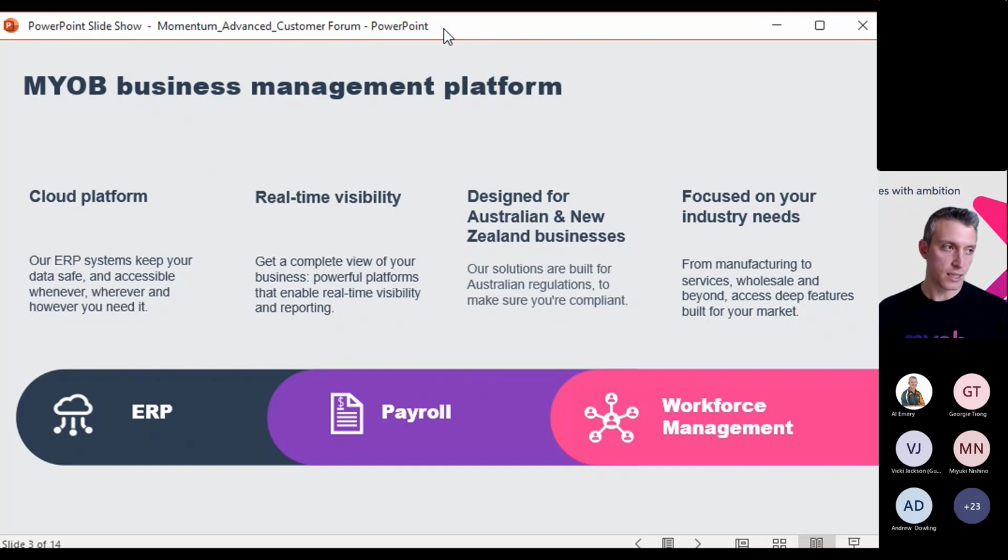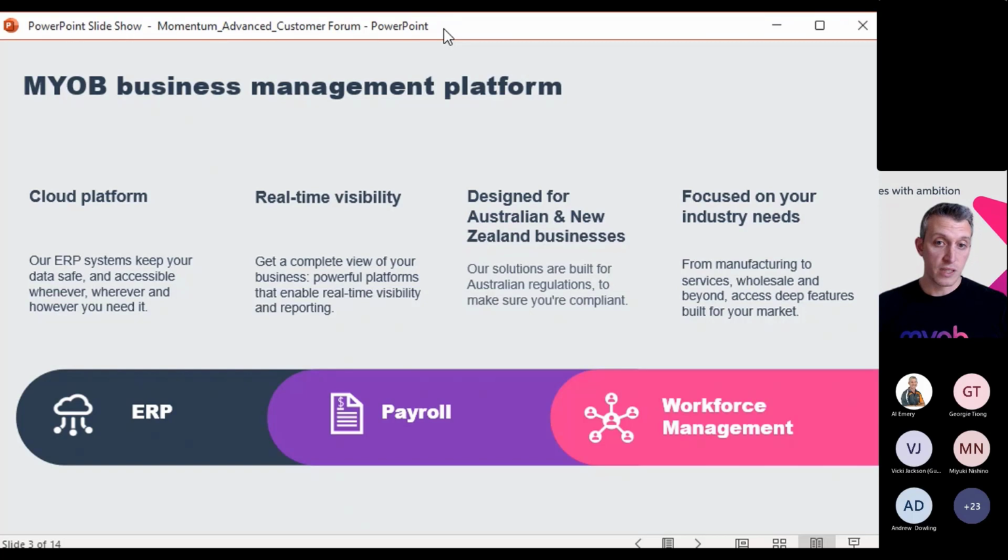Now, to be clear, this isn't the old version of platform where it is a closed garden and we don't open it up to everybody else. As Al mentioned earlier, we have very strong open APIs, which means that we connect with other solutions as well. Because what we're focused on very much so is providing integrated workflows, regardless of where the systems lie. But we are very confident in our core solutions across ERP, payroll, and workforce management. And that's really enabled by what's possible in the cloud.